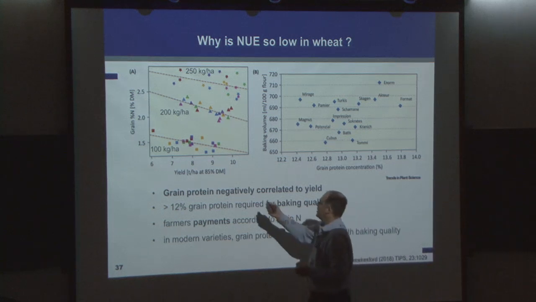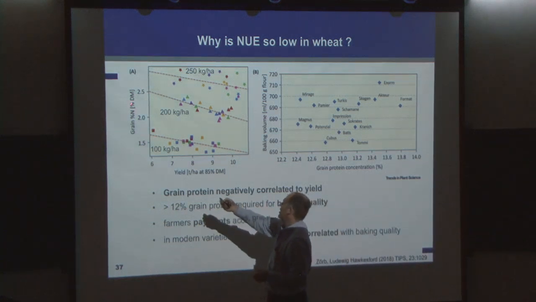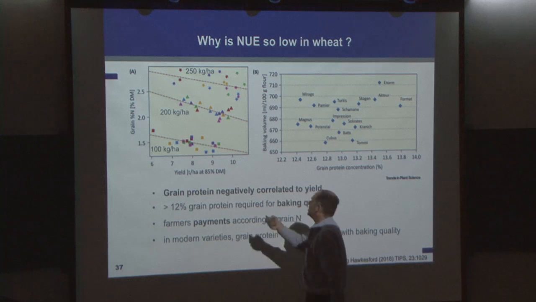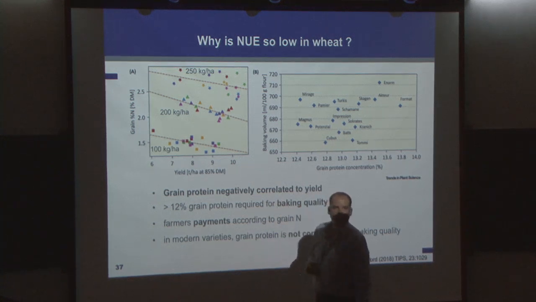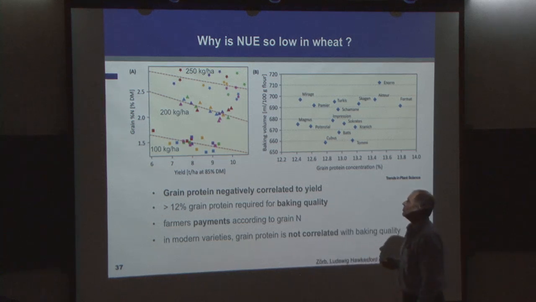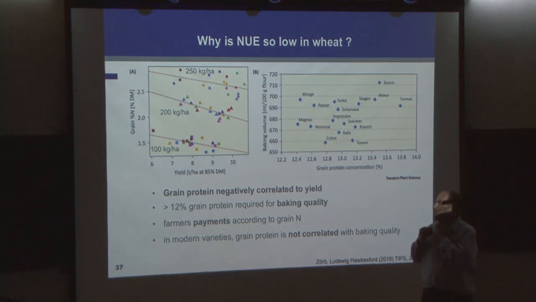And what you see here on the left is a diagram with grain protein nitrogen. So this here is something like 18% or 16% protein, a really high amount of protein in these grains. And we need, for baking quality, typically something like